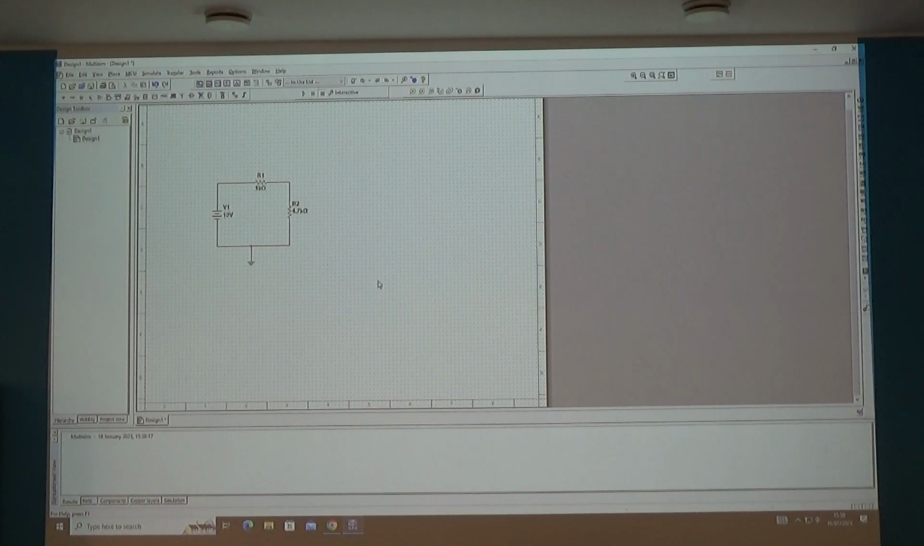Okay? A closed circuit, that will work. We can now see